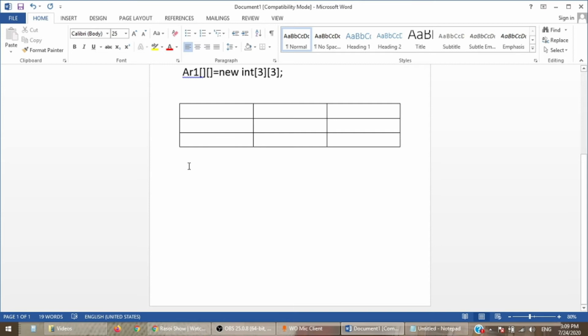So let's initialize values to this array. AR1 of 0 0 equals to 1, which means this cell, first row and first column. Now we say AR1 of 0 1, which means first row and second column, that is this cell.